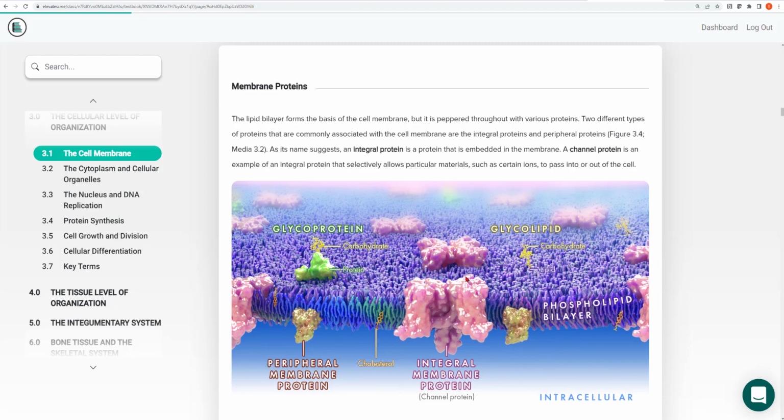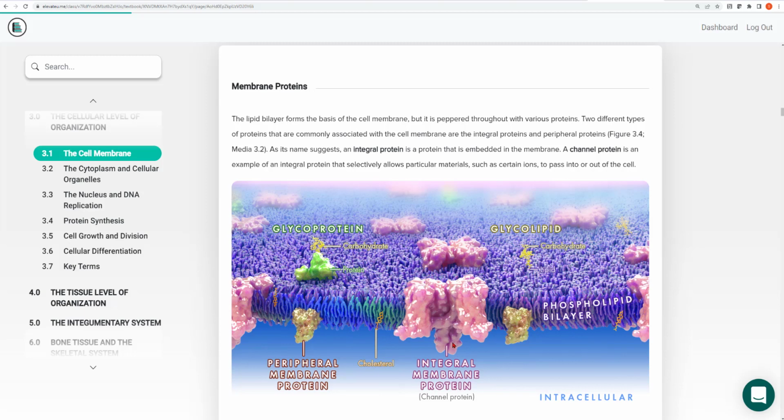These proteins come in basically two flavors. Number one, integral proteins. Integral proteins are embedded completely in the membrane, and they are visible on both sides. So if you were able to take a little magic school bus ride down and look at the outside of the cell, you would see evidence of that integral protein. And if you're able to go inside the cell and look, you would also see that protein poking out. So these integral proteins are integrated into the entire phospholipid bilayer or into the cell membrane.